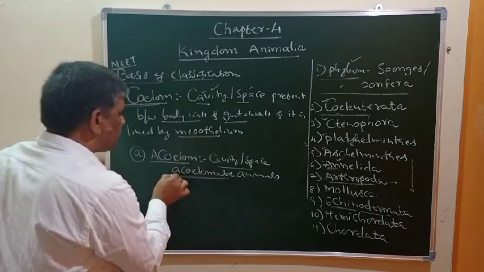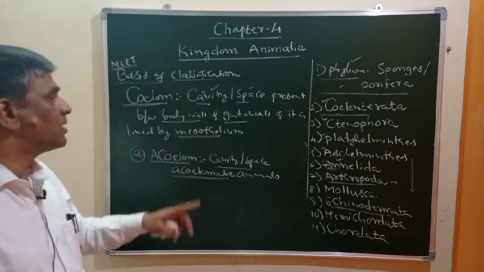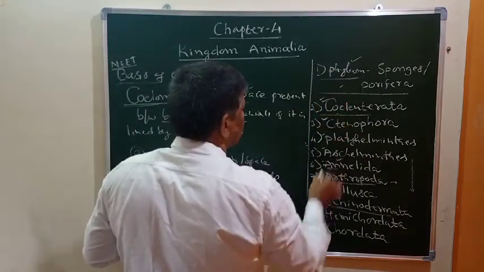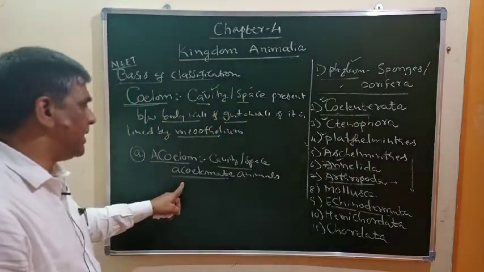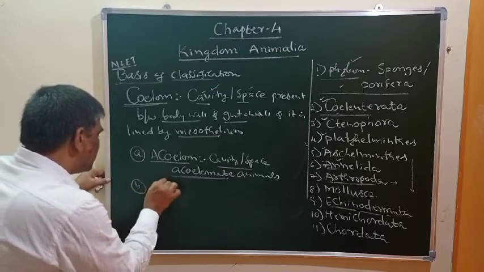Which animals are called acoelomate animals? Those which do not have a space between body wall and gut wall are called acoelomate animals. And here coelenterates are acoelomate, ctenophores are acoelomate, and platyhelminths are also acoelomates. And the next one is very important, that is